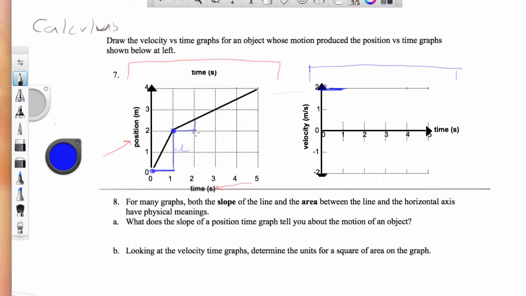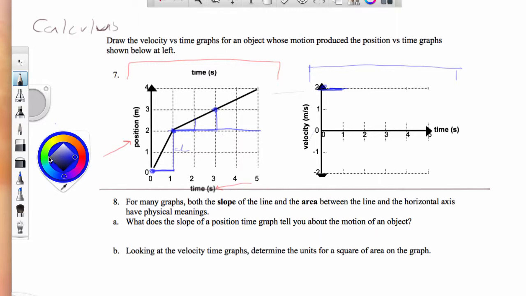Now, I don't like making guesses if I don't have one of these lines, so I'm going to go over by 2 seconds and see that if I go over by 2 seconds, I go over by 1. Why do I prefer to do that? It's because I can see that at 3 seconds it was at position 3. Or I could go over 2 more seconds, because it looks like this line isn't changing. It's a straight line. So for simplicity's sake, I'm going to say that over this line,